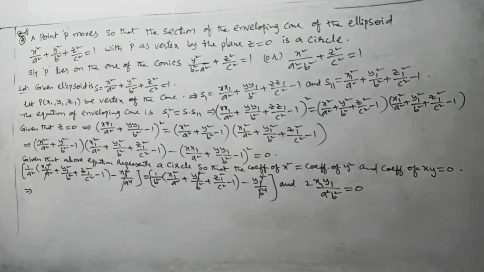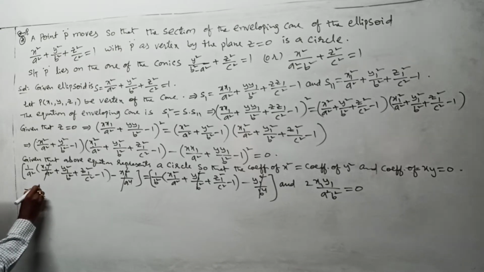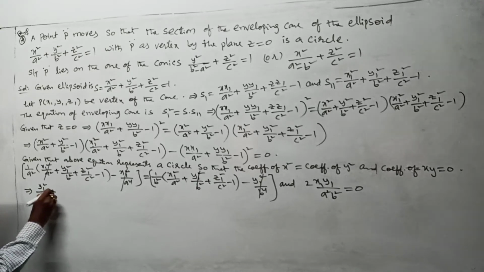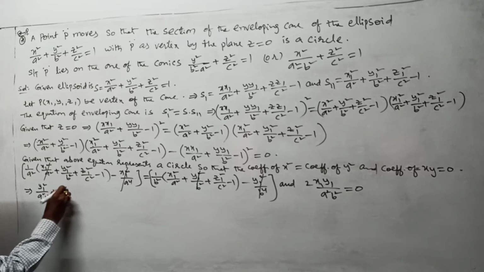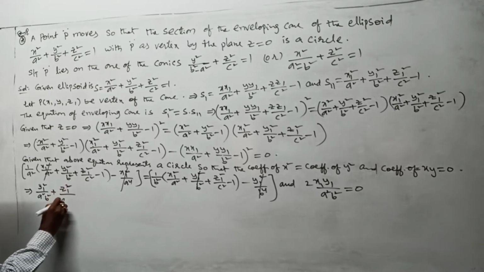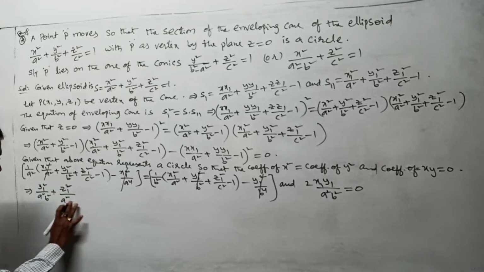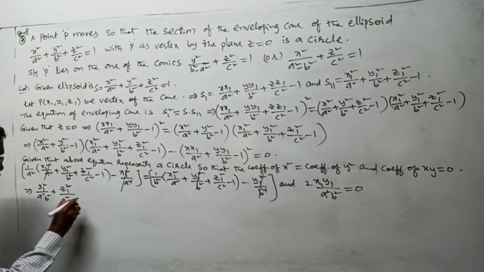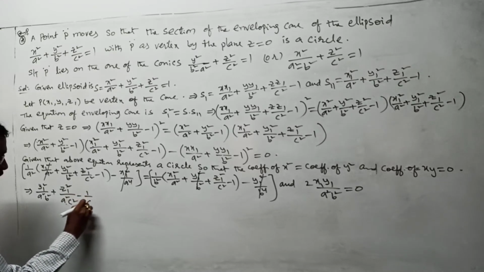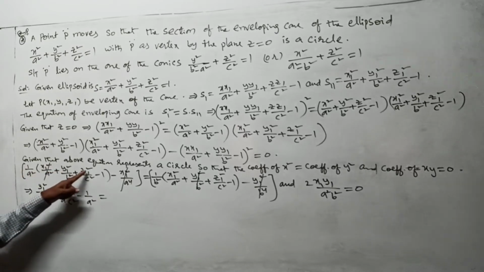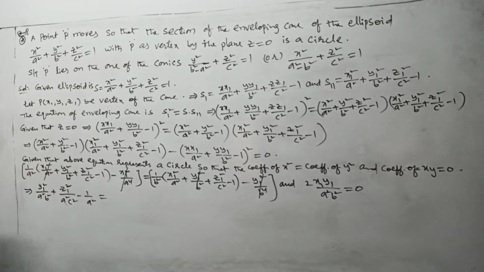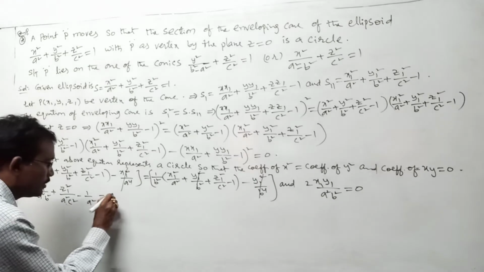This implies, I am writing like this: y1 square by a square b square plus z1 square by a square c square minus 1 by a square is equal to